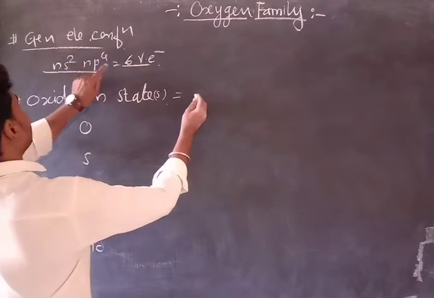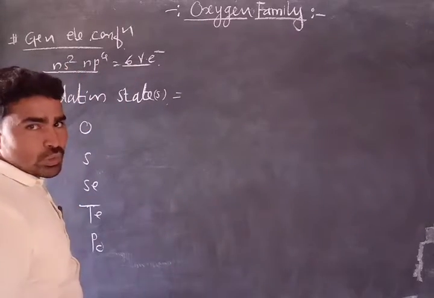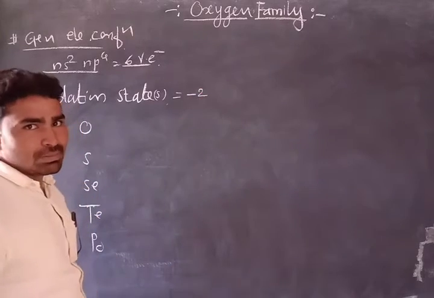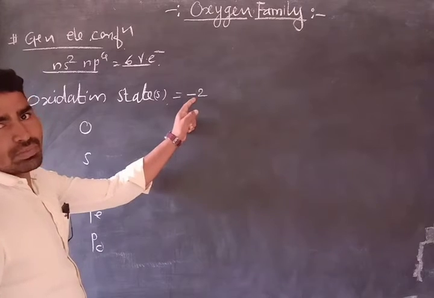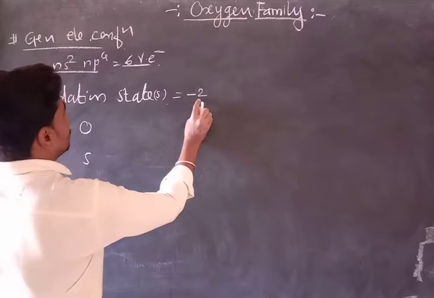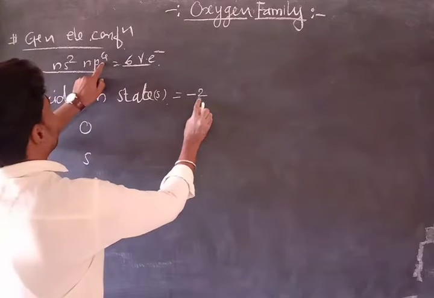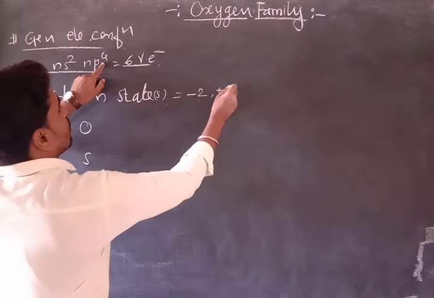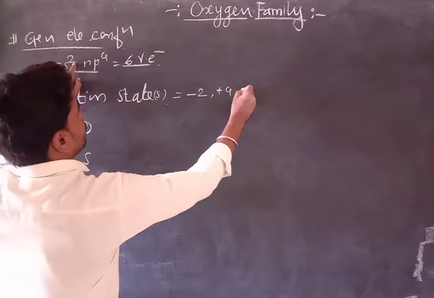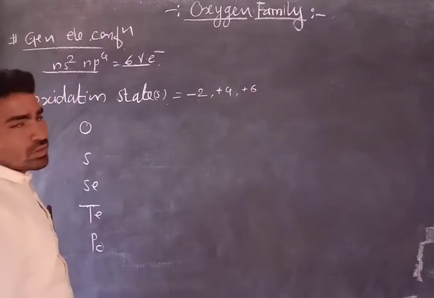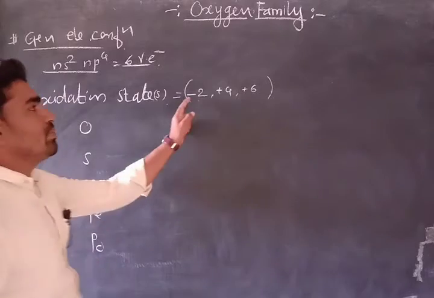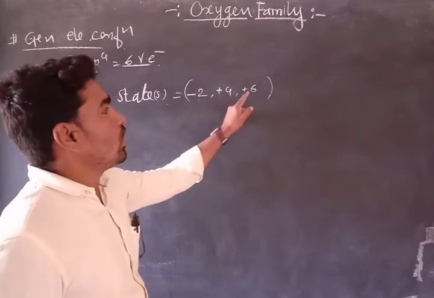as they have 6 valence electrons, they have the most tendency to gain 2 electrons and complete their octet. By completing their octet, they can gain 2 electrons. After that, they can lose 4 electrons, or you can say total 6 electrons. So their general oxidation state may be -2, +4, or +6.